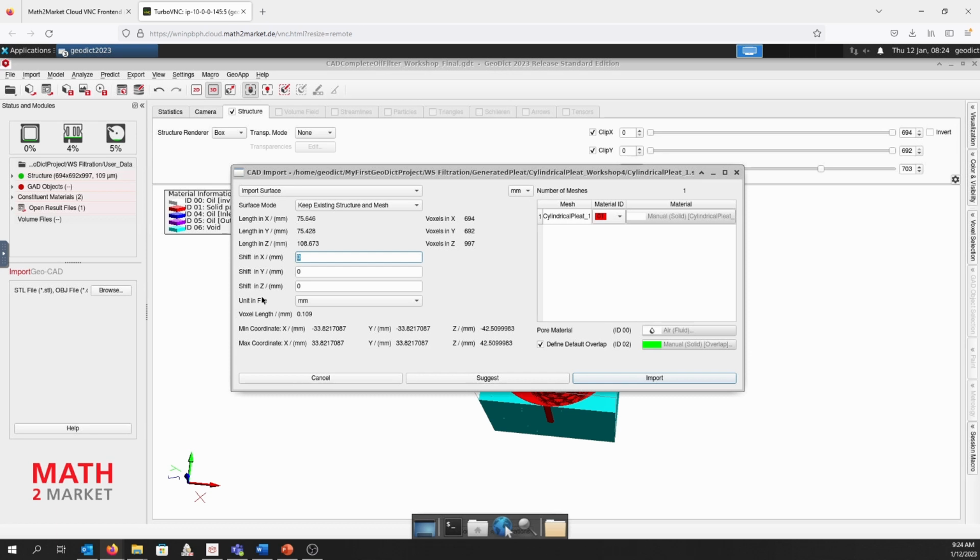In our case, we will set here as the shift in X 37.823 millimeters. We set the shift in Y to 37.714, and the shift in Z will be 52.107 millimeters.